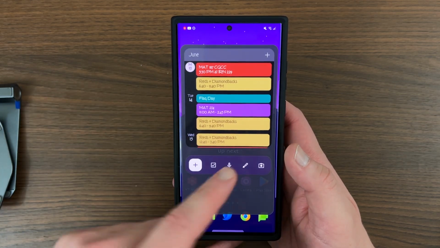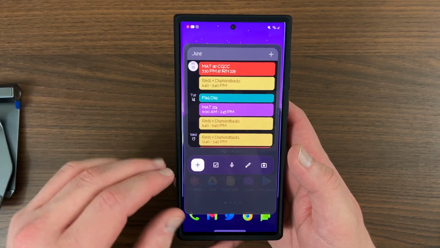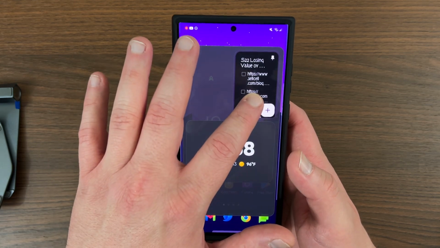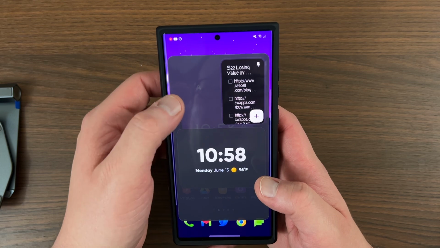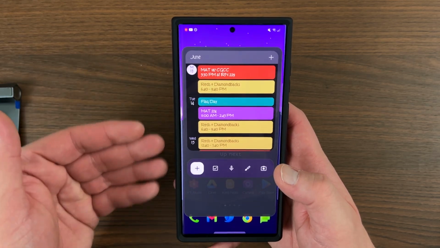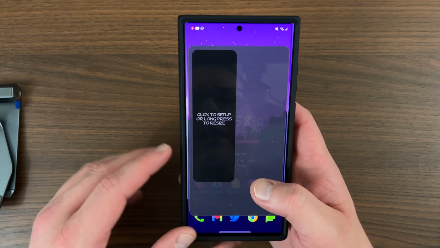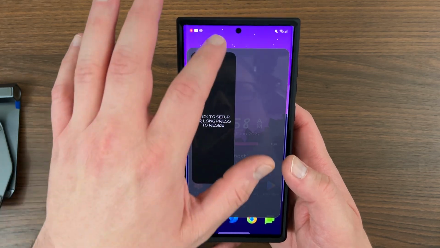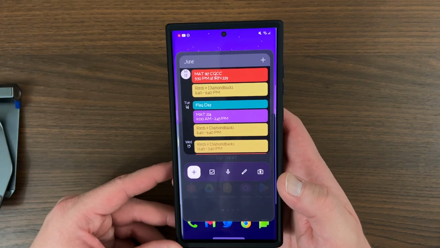Now, one thing that is annoying that other people have mentioned when talking about this is that it does open to the first page always. And also some of the widgets can't necessarily be resized. Like this one, you can see I can't resize it. And also it opens to the first page every time. So if you're working in your widgets and you're over here on this page, then you close it and then you go back and open it again, it opens back to my calendar and Google Keep widget,